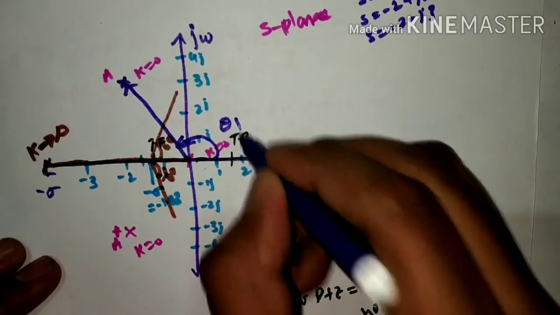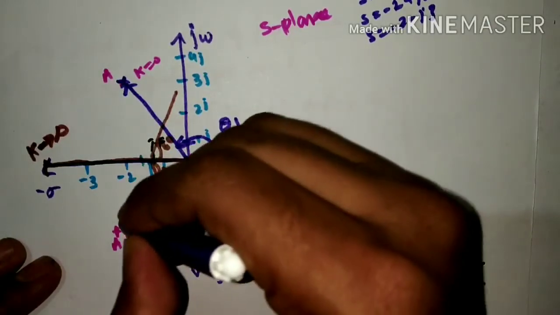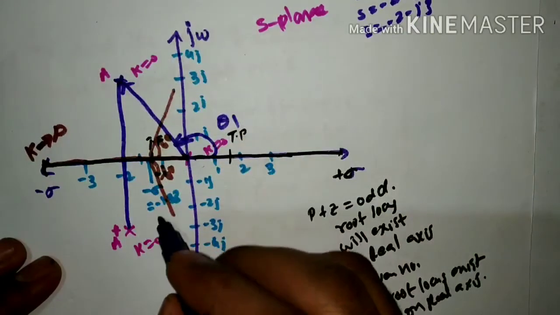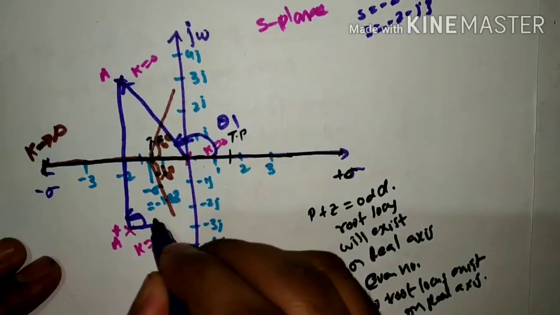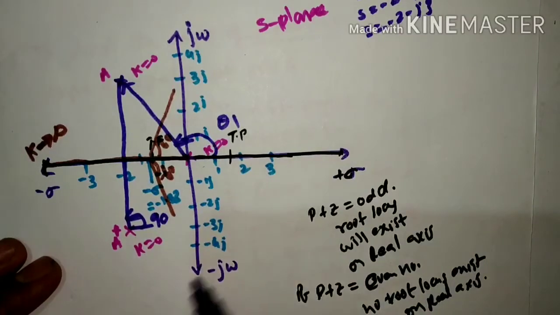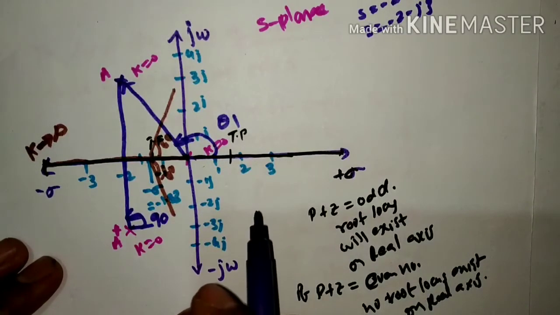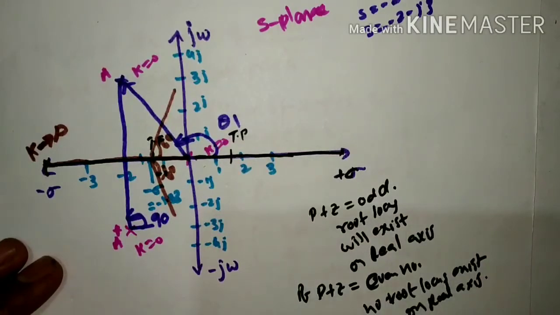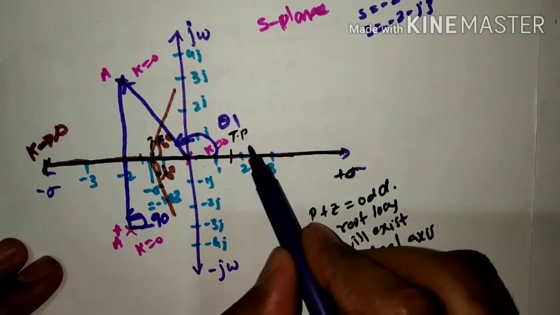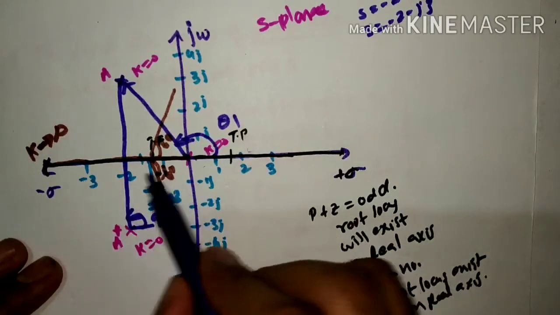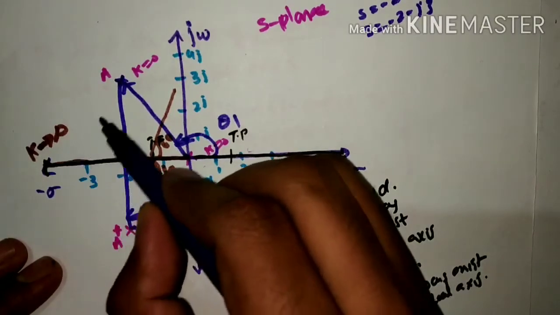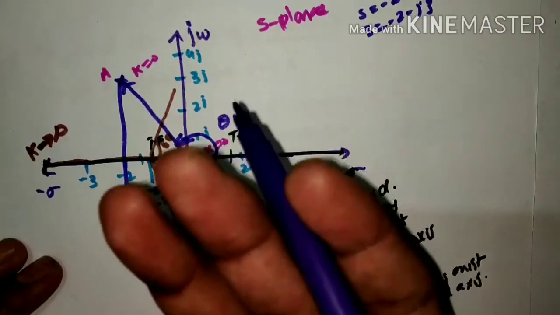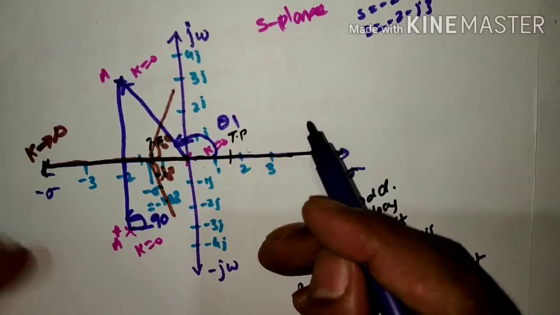this is theta 1, and this is also a pole. From this pole also I am going to draw a vector. This angle is always 90 degrees if it is symmetric. There are no other zeros here. If a zero is there, you can also draw a vector from it. We have to find the net angle contribution by poles and also the net angle contribution by zeros.